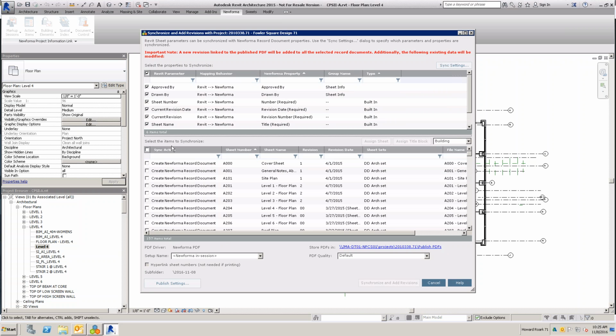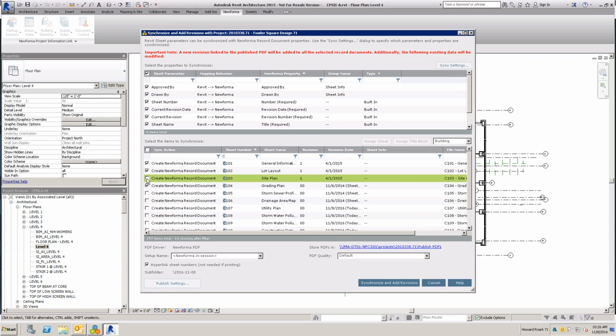And then I have, select the items to synchronize. So which ones do I want to synchronize? So I'm just going to pull in a few here. Actually, let me uncheck those real quick. I'm going to filter down to all of my C sheets, right? So I'm going to pull in some of those,